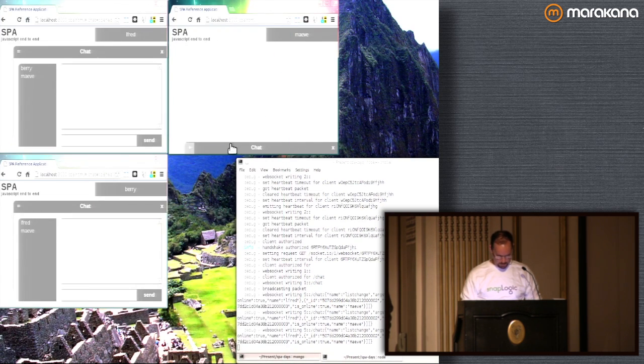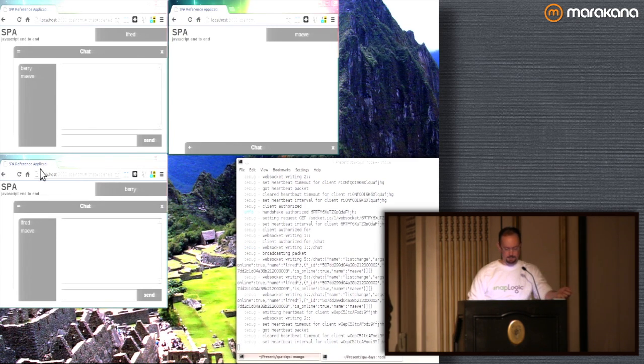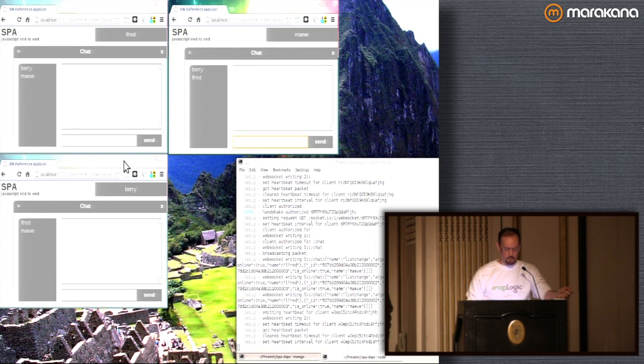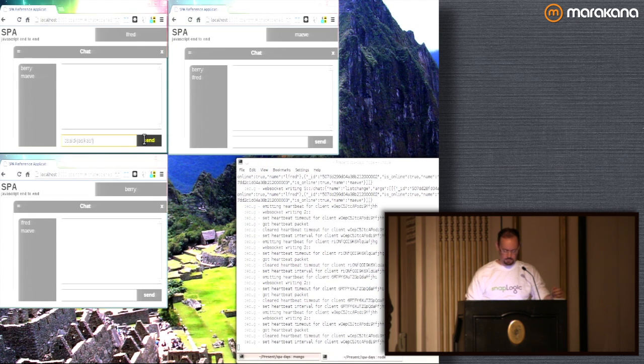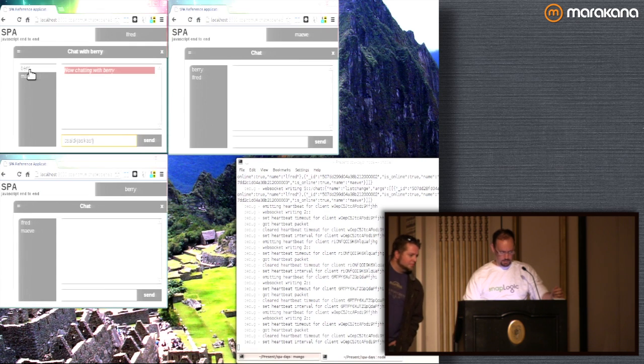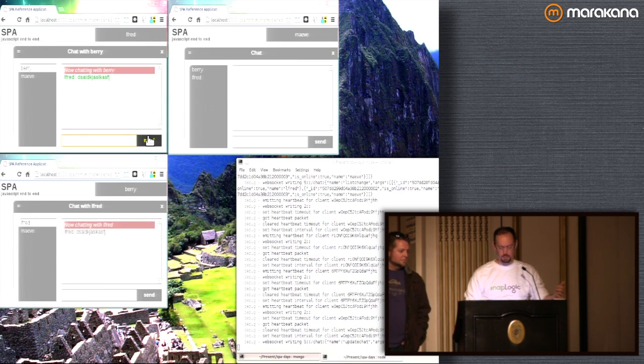Thank you, Maeve. Okay, notice when I added that on the other two windows that those immediately responded. And you'll also notice that as Maeve here, before I logged in, I wasn't able to actually open the chat windows, but now I am able to open the chat windows. Also, you'll notice that there is no refreshing of the page. In a Web 2.0 thing, if I was going to put this profound message and share it with others, and then press the return button or click on send here, it would, of course, reload the entire page. But in this case, of course, only the changes are coming across, in this case, over